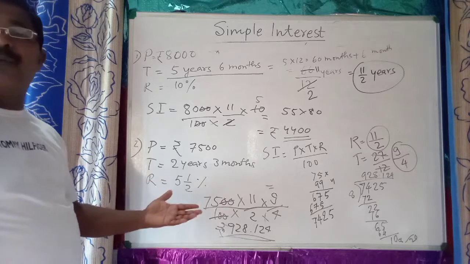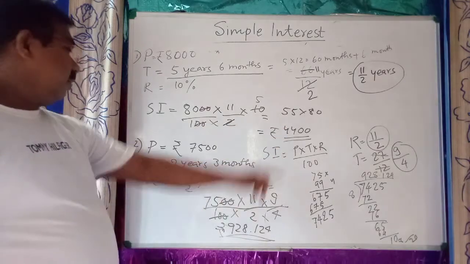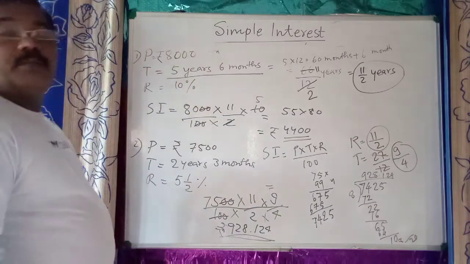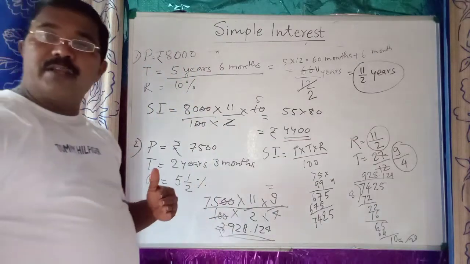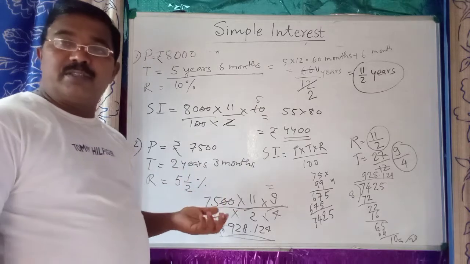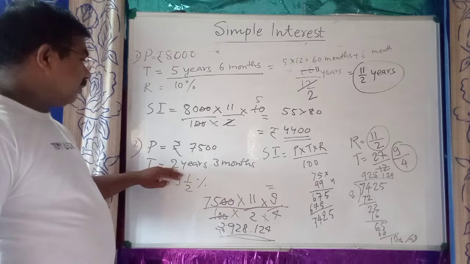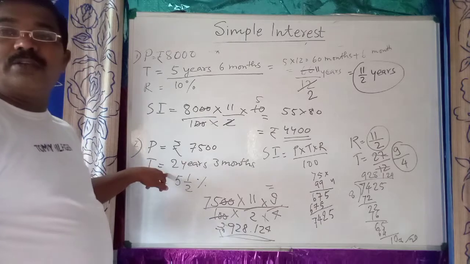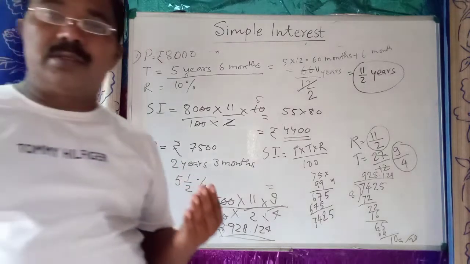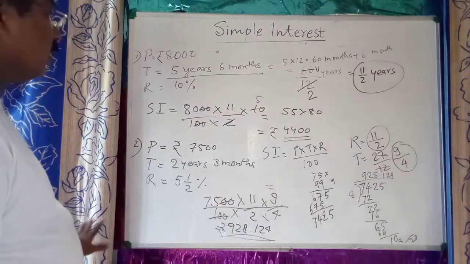इसको मैं improper fraction में हम लोग बदलेंगे तो हमें मिलेगा 11/2. हम पिछले क्लासेस में प्रॉपर फ्रैक्शन इम्प्रॉपर फ्रैक्शन क्या है, कैसे मिक्सड फ्रैक्शन को इम्प्रॉपर फ्रैक्शन में बदलना है, ये आपको सिखा चुका हूँ. तो इसके बाद टाइम कैसे किया, 1 year is 12 months and 2 year is 24 months, so that we can write 2 year 3 month is equal to 27 months.